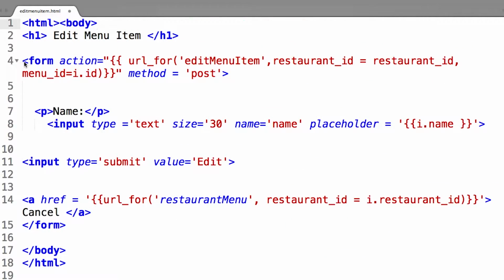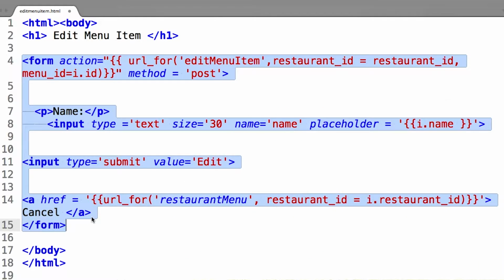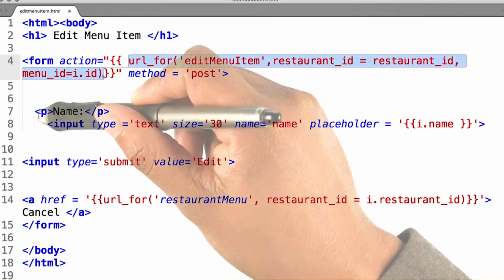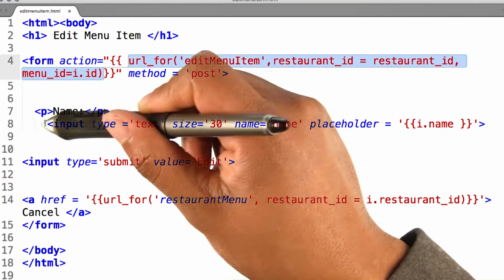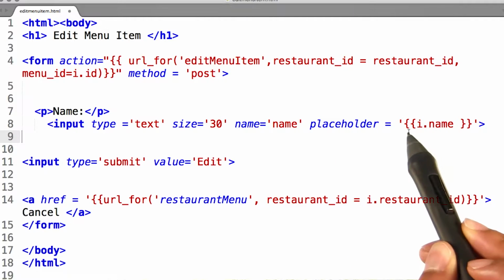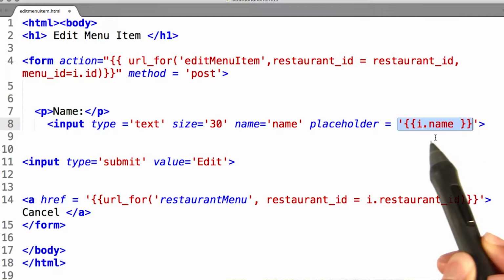So to edit a new menu item, I'm going to create a form, just like I did when I created a new menu item. Inside the form, I'm going to call my Edit Menu Item function with the appropriate parameters. Here I'll prompt for the name of the new menu item and create an input field. Using the placeholder attribute of HTML, I can have that field already filled out with the name of the item